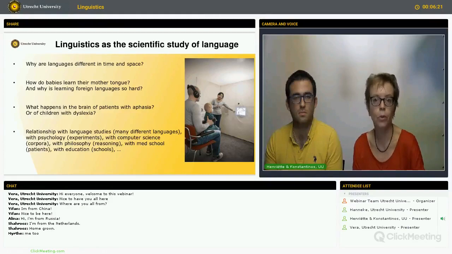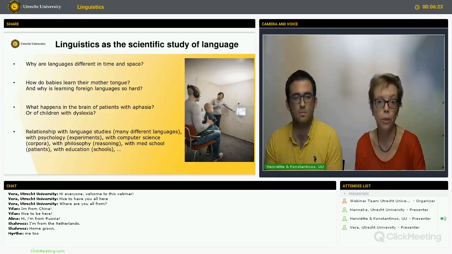But there are also language disorders that you can acquire later in life, for instance, aphasia, which may be the side effect of a brain injury, like after an accident or a stroke. And so we are also interested in what happens in the language system of people who have difficulty with language in one way or another. So the approach we take is highly interdisciplinary. I think these few examples show that.